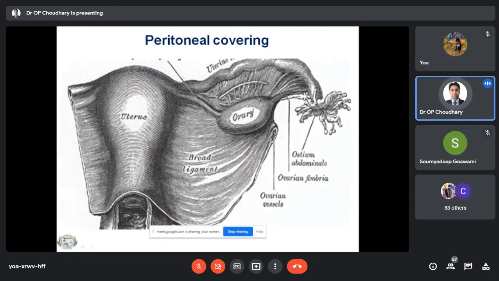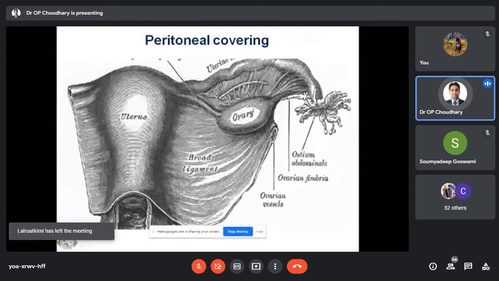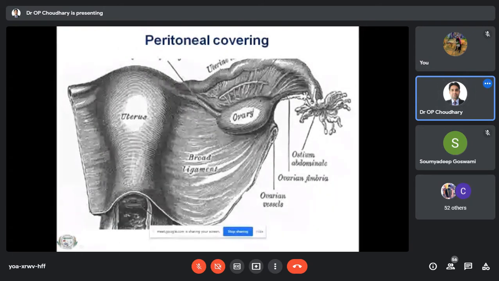Then the ovary, as you know, all the organs which are present in the abdominal cavity and the pelvic cavity are covered with the peritoneal covering. Peritoneum is the covering present in the abdominal as well as pelvic cavity, and it surrounds all the organs of the male and female genital organs. So the ovary, you can see here, this is the ovary, and this is the uterus. The ovary and uterus are connected with the peritoneal covering, that together is called the broad ligament. I will explain it further on. This is very, very important, the broad ligament.